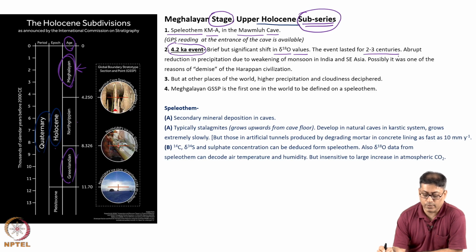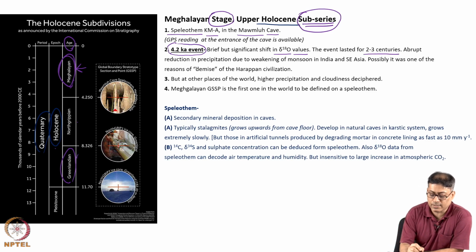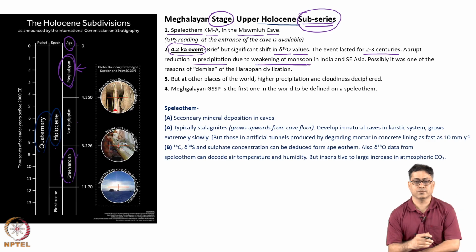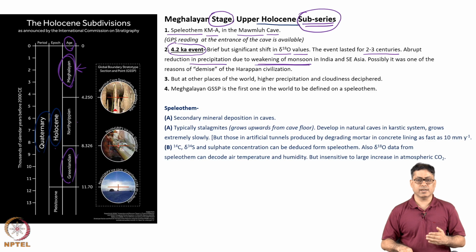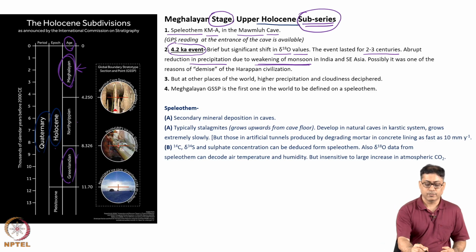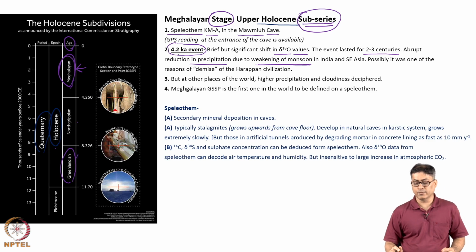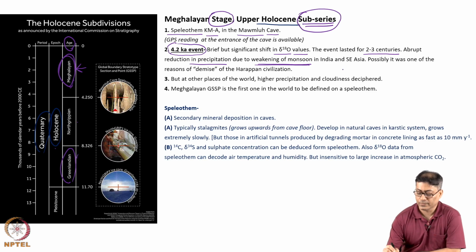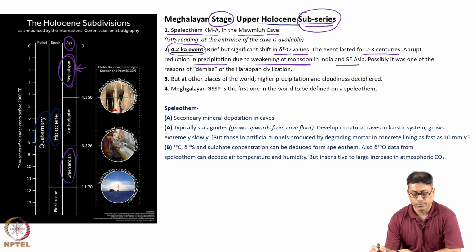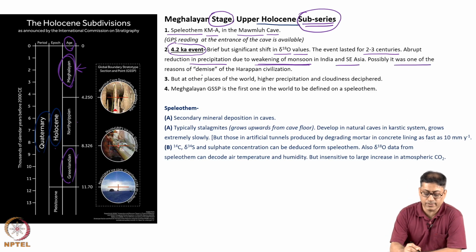What happened at that time? What do we interpret? That there was an abrupt reduction in precipitation due to weakening of the monsoon. The monsoon developed when the Himalaya rose to a certain height, and the clouds coming from the Arabian Sea and the Bay of Bengal started hitting the Himalaya. But 4.2 kilo years back is a time when the monsoon got weakened on the Indian land and also in Southeast Asia. Possibly it was one of the reasons for the demise of the great Harappan civilization,